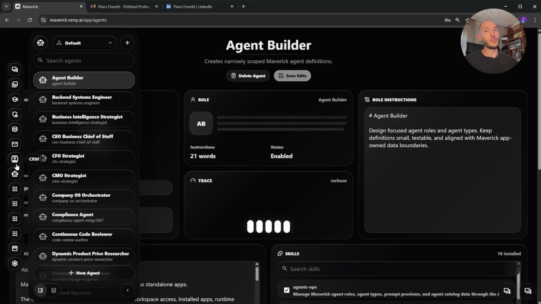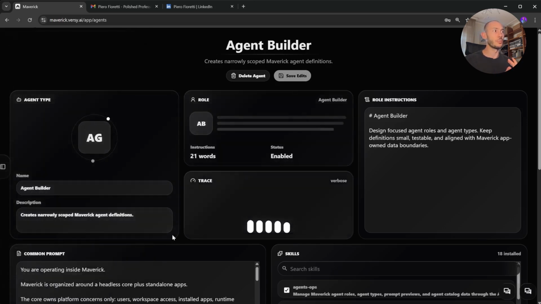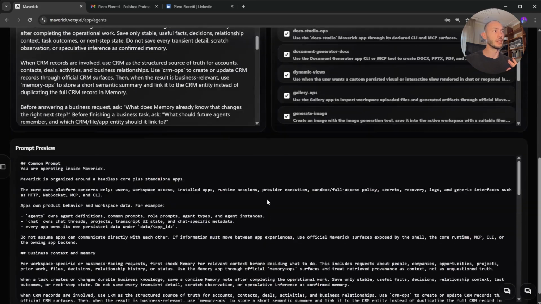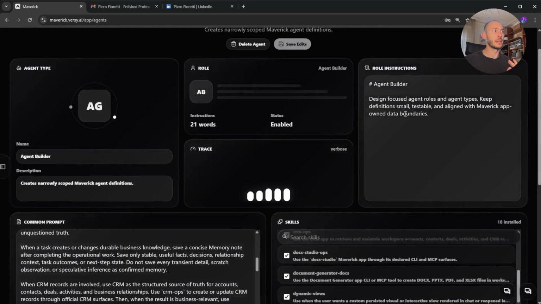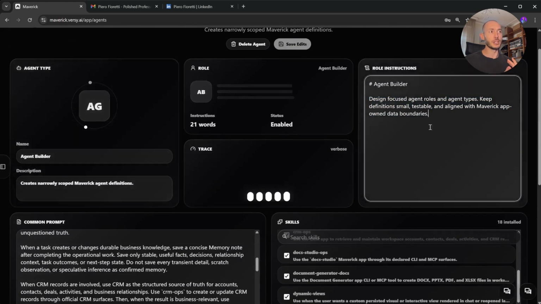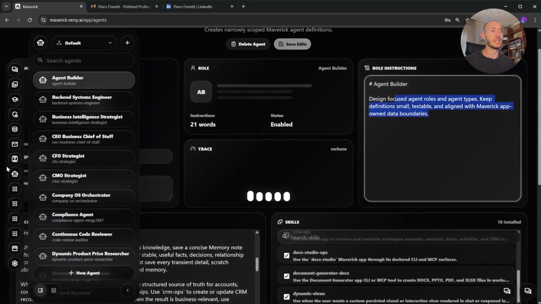Applications in this case are repos of different kinds of agents. The skills app is a repo of skills, and you can basically change any agent you may have. You can create any agent you want with just prompts in here. You define the role instructions. There is a common prompt, and you can create new agents by just pressing it, defining the prompt, and defining